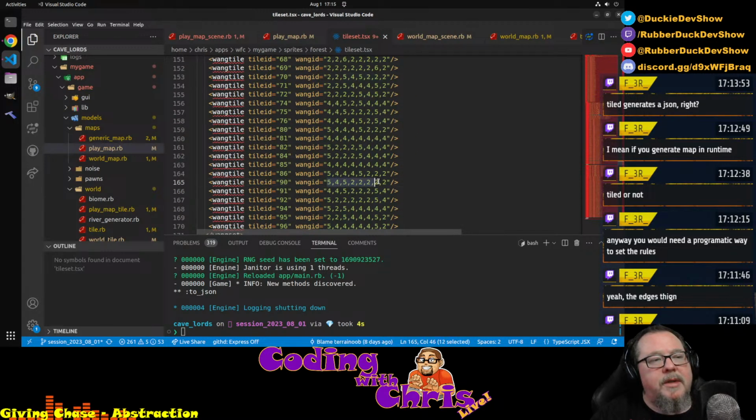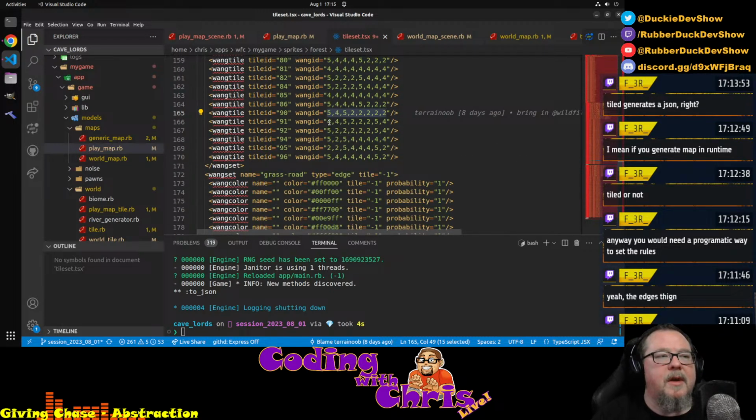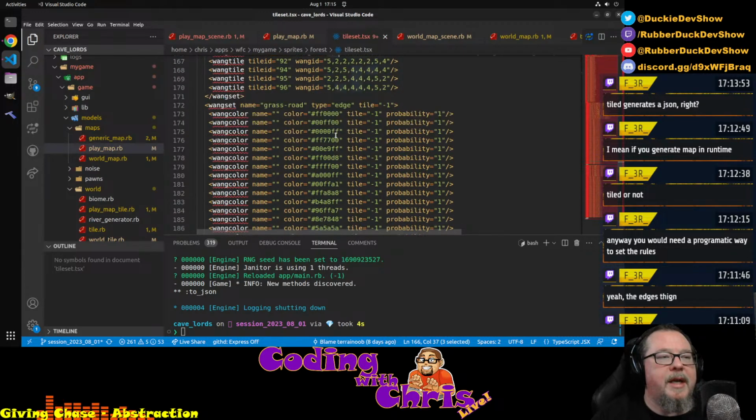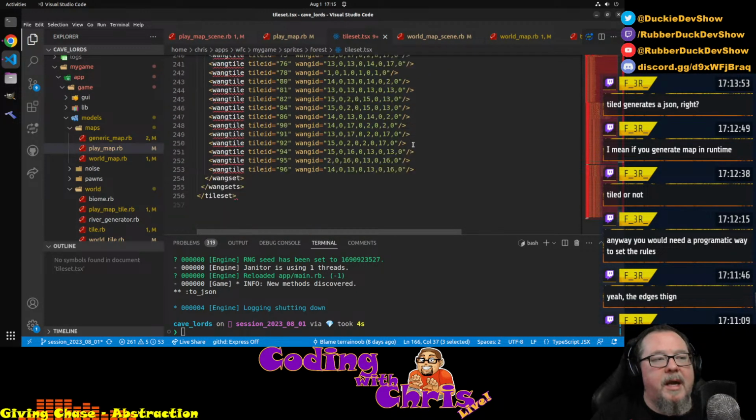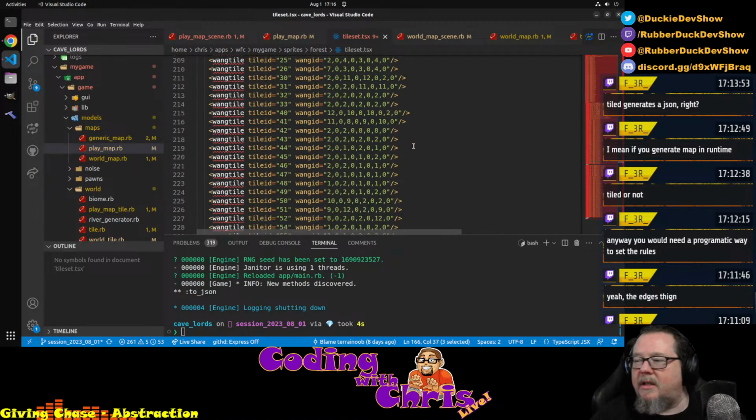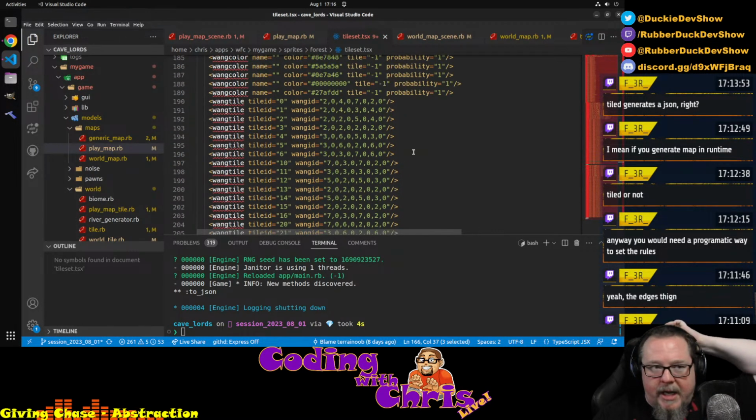But then there's also this stuff, I don't know what this means. I don't know if these are the things that can go next to it, but if that's just IDs, then why are there two of these here? I don't understand that. And then there's another set of probabilities down here. So there's just a lot of stuff in here, and I haven't had a chance to catch up with Wildfire yet to understand